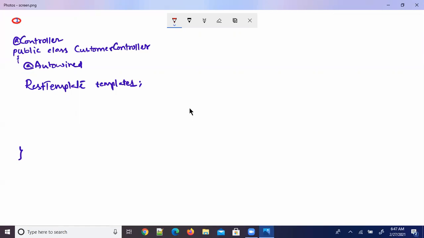The reason is, while loading the configuration from a Java class, Spring will first check whether it is a configuration class or not. To specify that this is a Java configuration class, we have the annotation called @Configuration. So I would like to write @Configuration over here, and @ComponentScan, which we generally use.